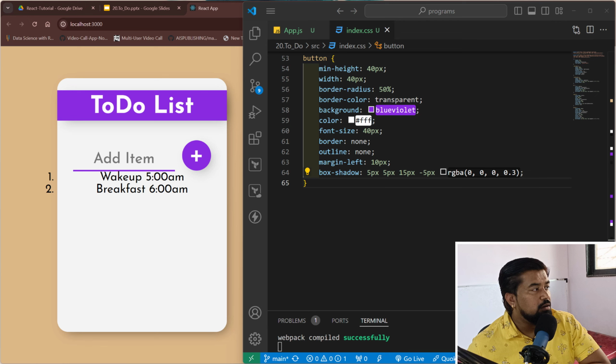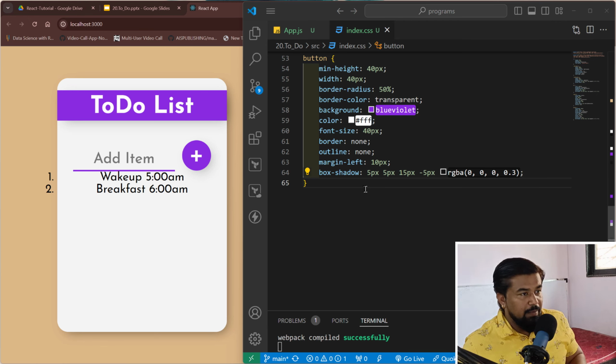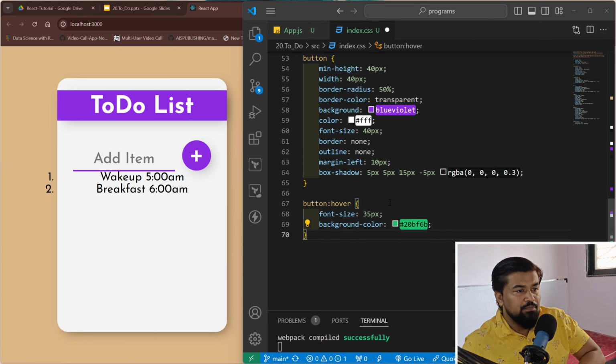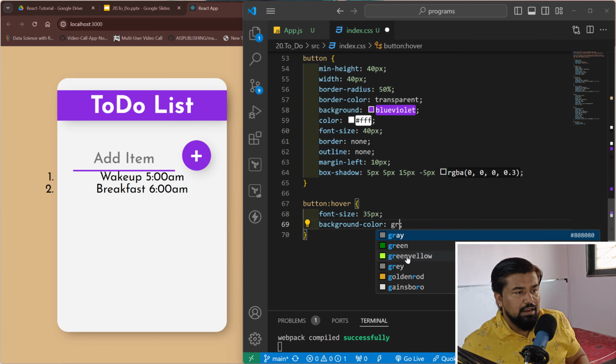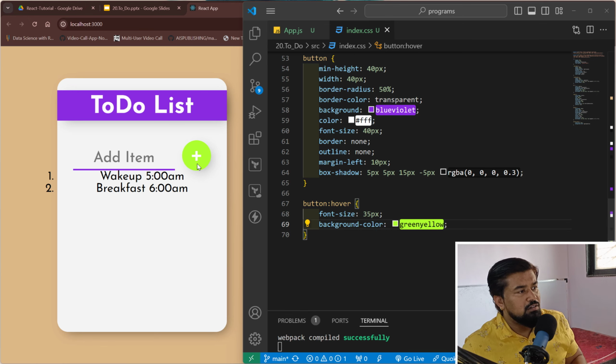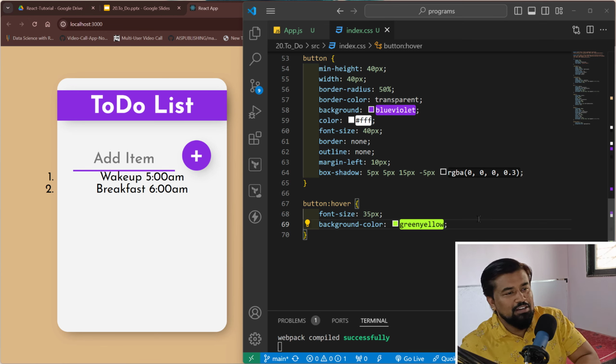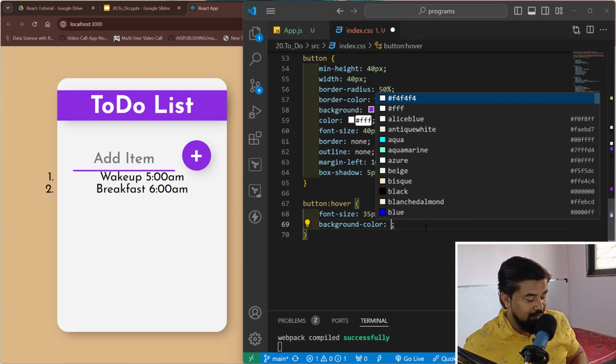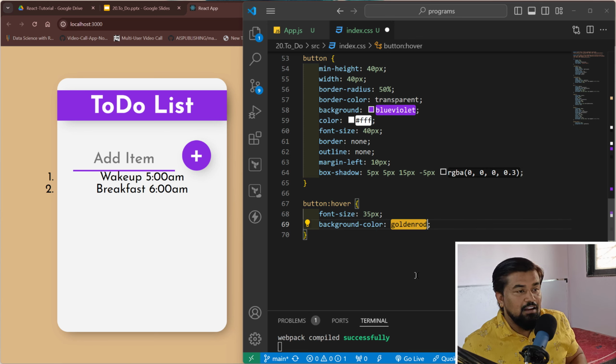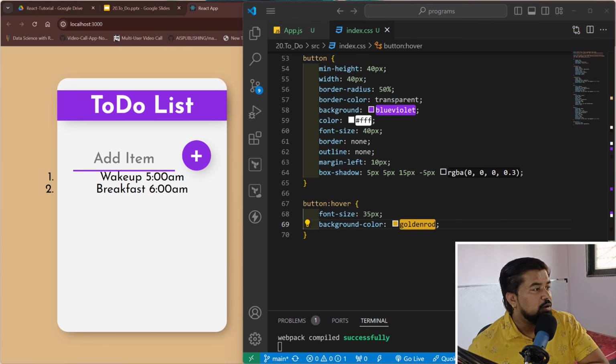Okay, so when the button hovers, we change the background color. We change the background color to green. I think it's okay, green yellow. No, it's a very highlighted color. Golden. Okay, fine. Now coming to the list